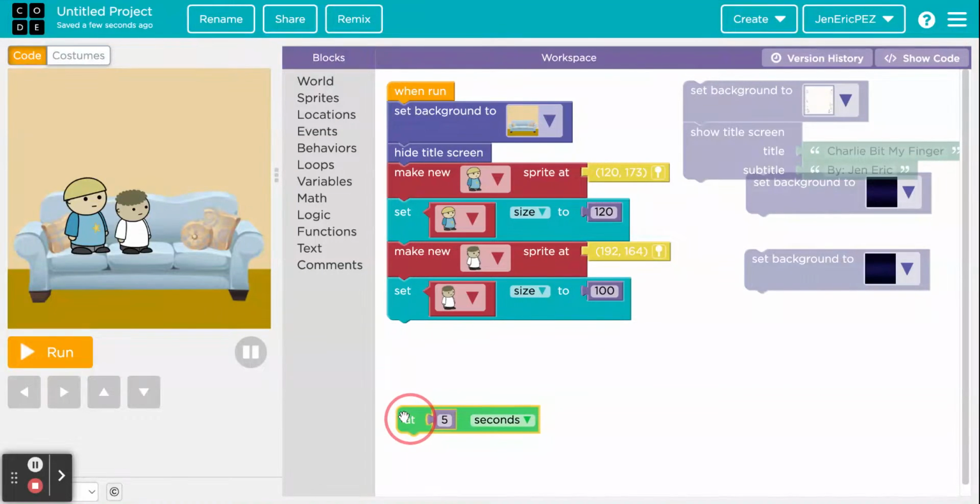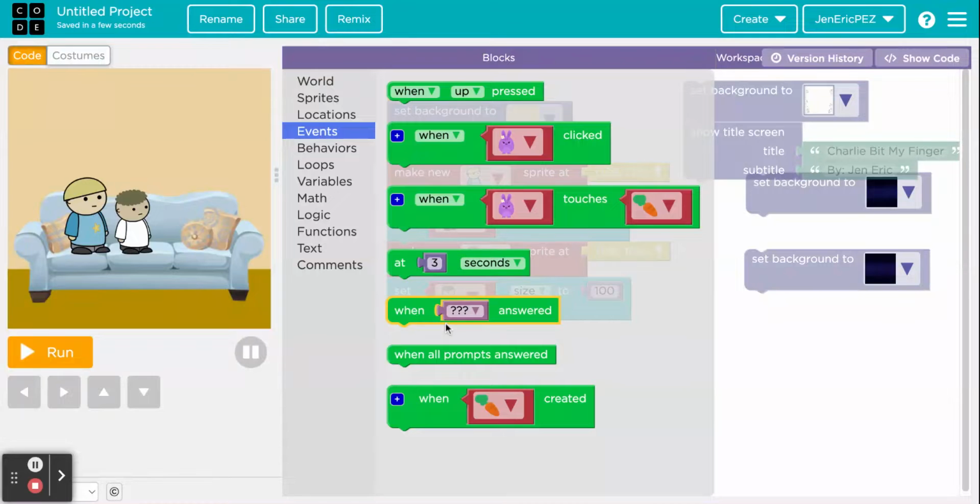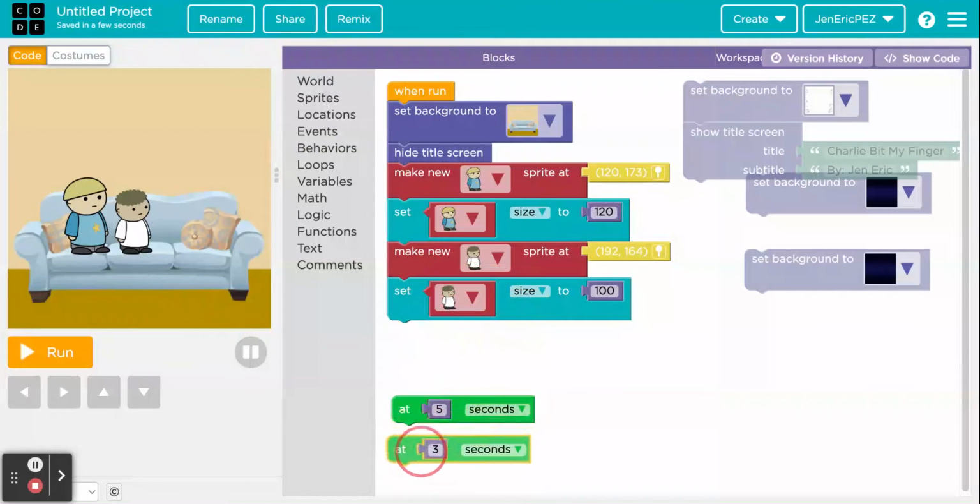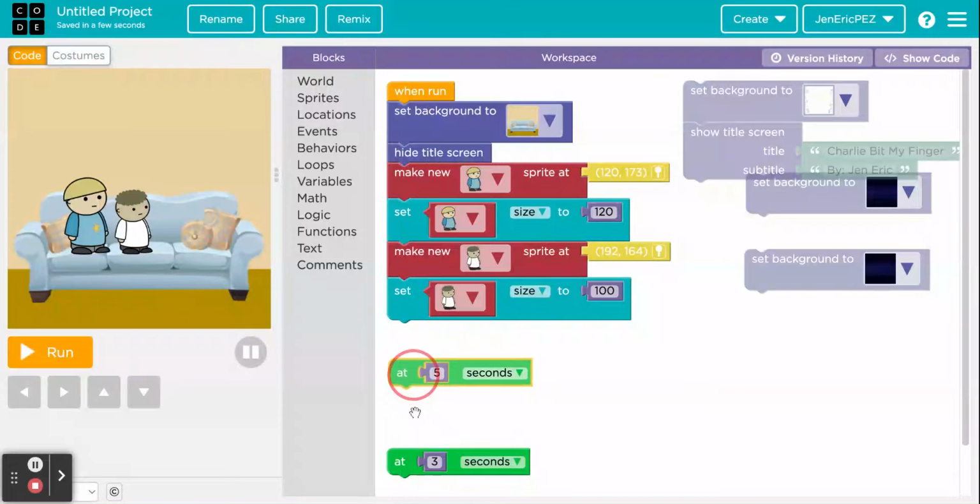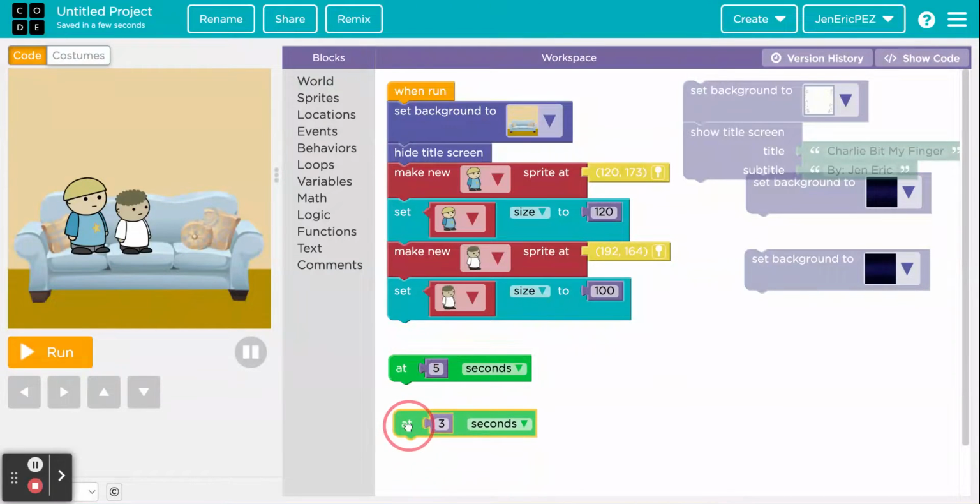After that's there for a few seconds, and remember, it's starting after 5 seconds, we want them to actually say some stuff. So I'm going to have the baby turn his head. So let's get an events block. How about, we have the intro for 5 seconds, so let's just do 7 seconds. 2 seconds of sitting there just staring at these children is going to be plenty. After about 7 seconds, we're going to have,